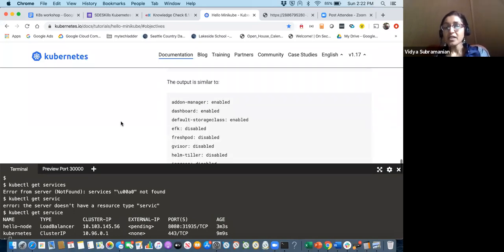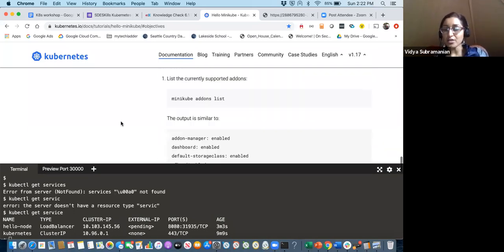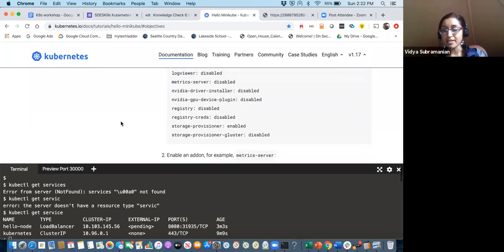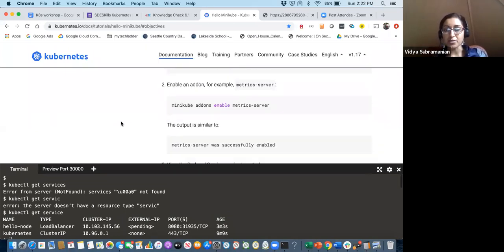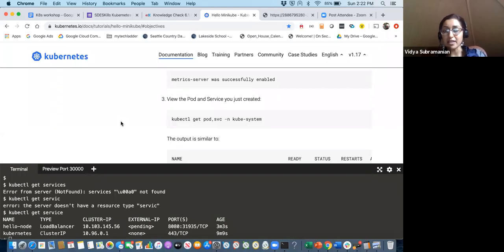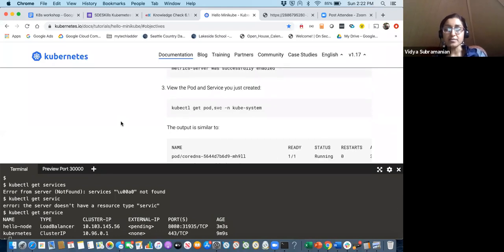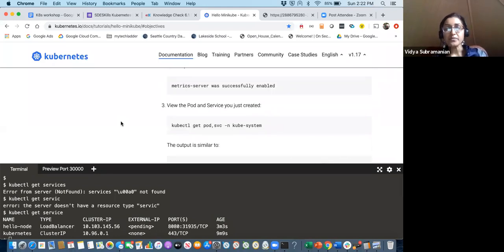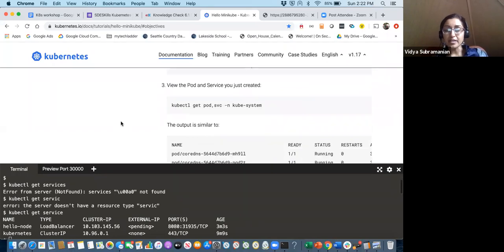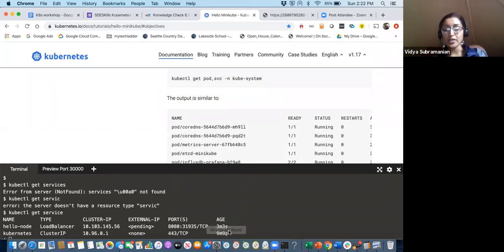Do you need to enable other add-ons? You can, but not necessarily. We are not planning to cover that in the session today. What we are planning is to definitely look directly at what this hello world that got exposed looks like.